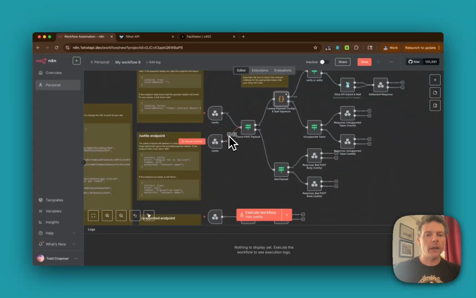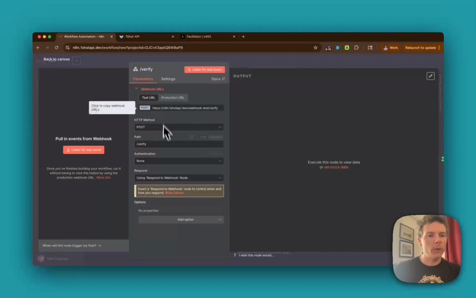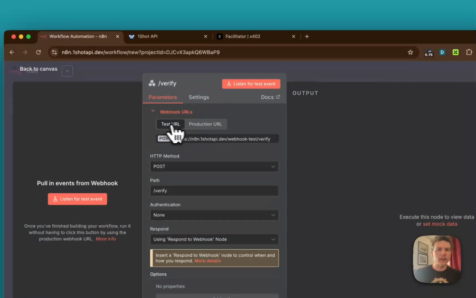Okay, so we're going to run a test endpoint. If we click on the /verify node, this implements your verify route. And depending on whether you're running in a self-hosted n8n node or n8n cloud, this URL is going to look different. But you're going to have both a test URL and a production URL. And you can see here when I toggle back and forth, the only thing that is changing for me is it's changing webhook to webhook-test. So when we're testing it, we're going to be hitting this endpoint. So copy that guy,